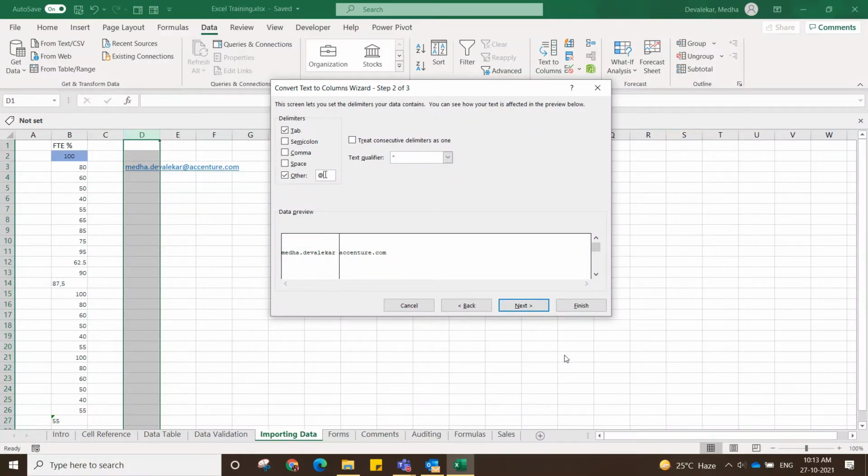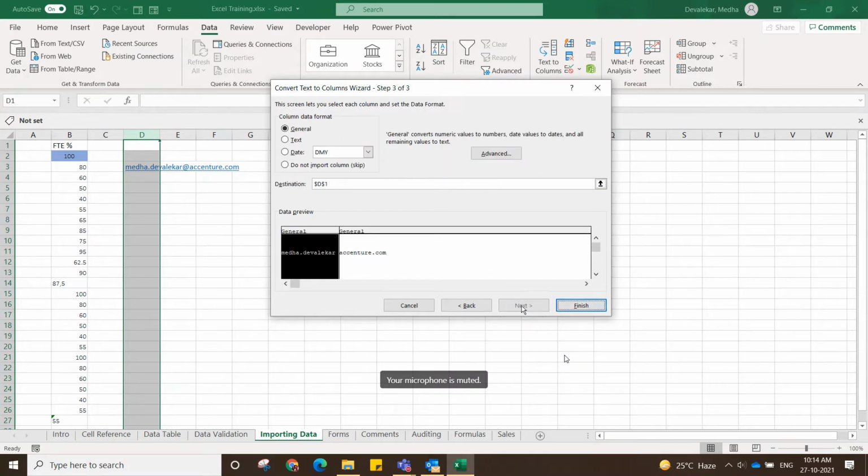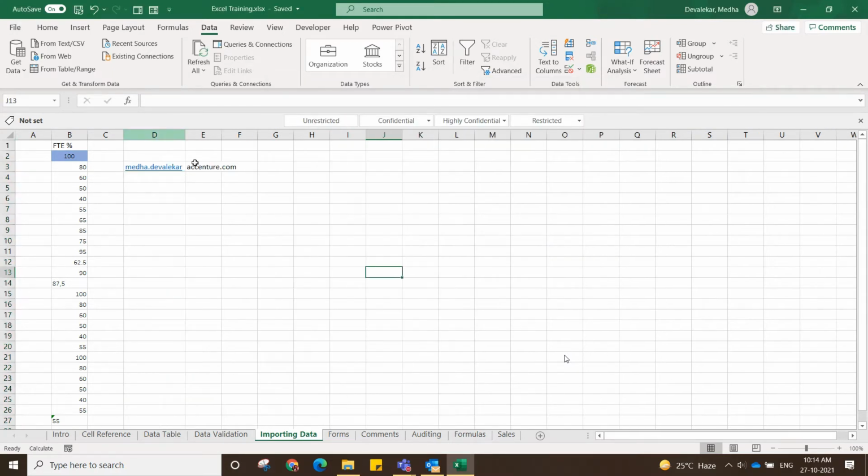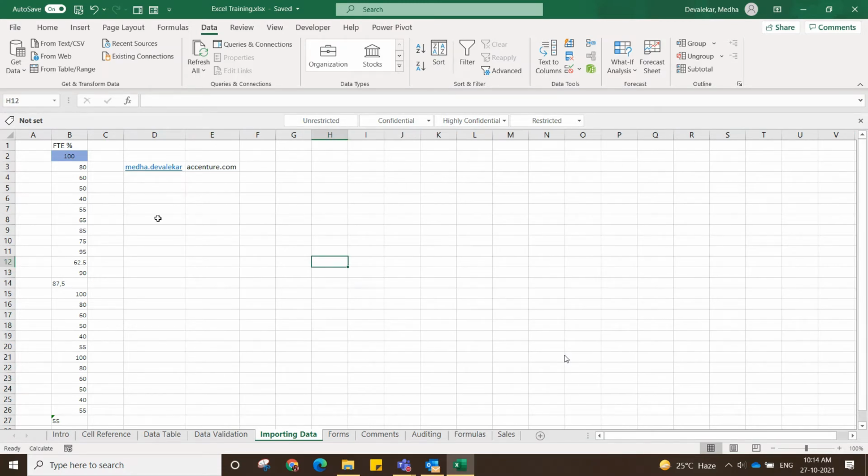So what it gives here, you can see Medha Devlekar is in one column and Accenture.com will be in the next column. I'll choose next, choose the format of the cell, and once I click finish, it gives me two columns, one with the enterprise ID and the other with Accenture.com.